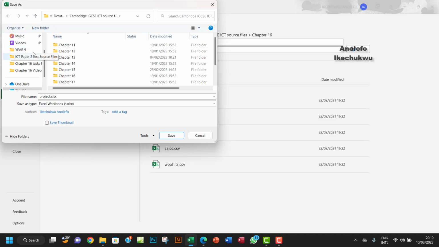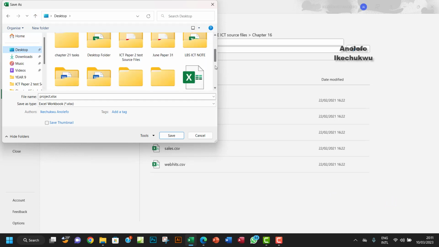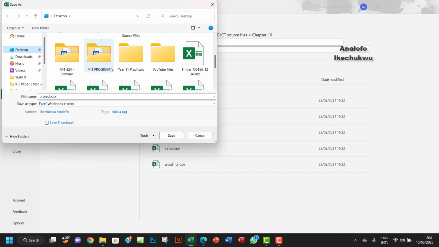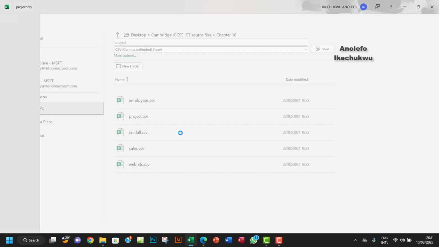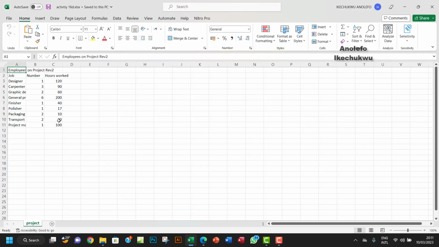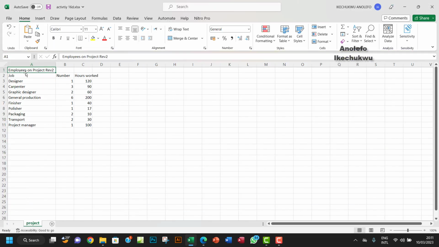Not here. I want to save it in my 16 task folder. Yeah, so here I want to save it as activity 16D. Save that. Okay, so what I want to do actually is to